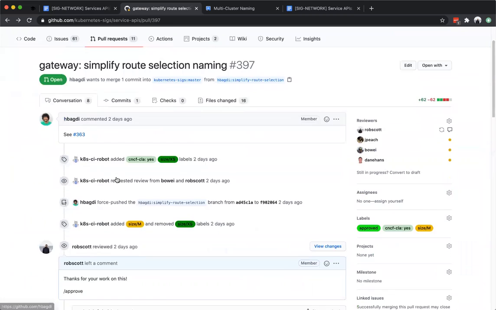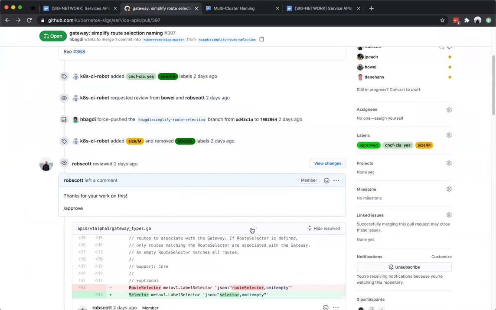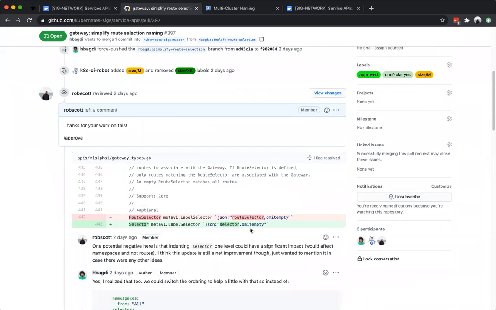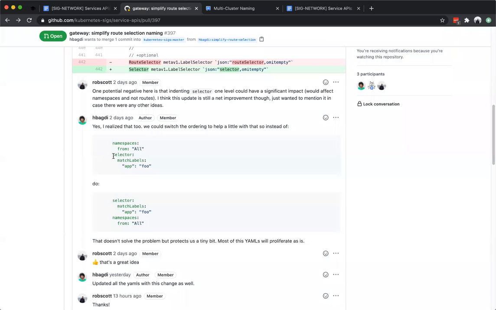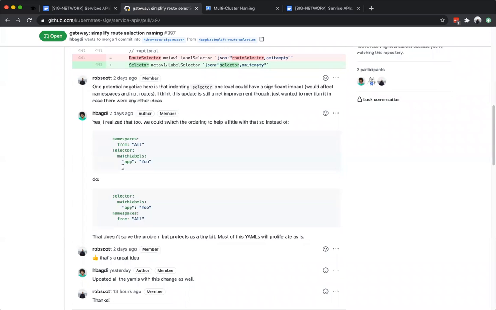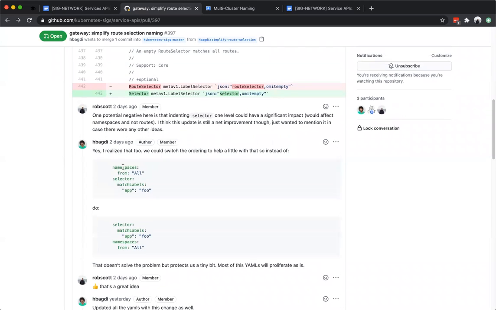One of the concerns that I had, and I think everyone had, was that in certain cases, if you indented a selector one level too far, it would have a catastrophic effect. It would apply to something entirely different, where it might have applied to routes, it would now apply to namespaces, and that could get confusing.